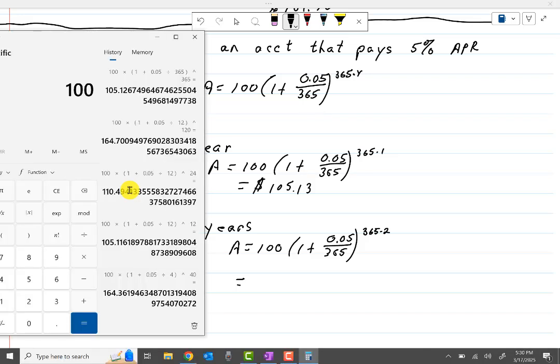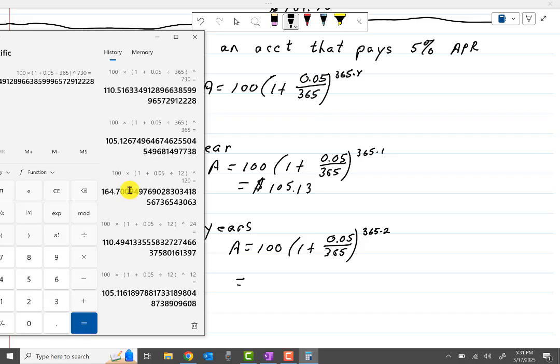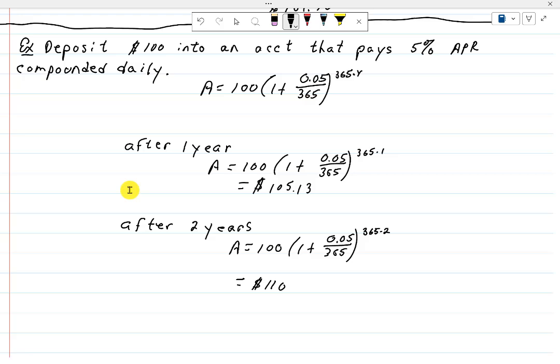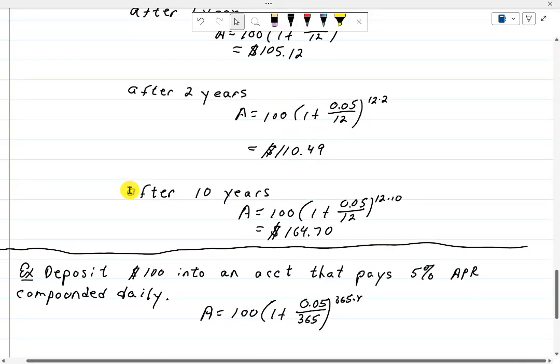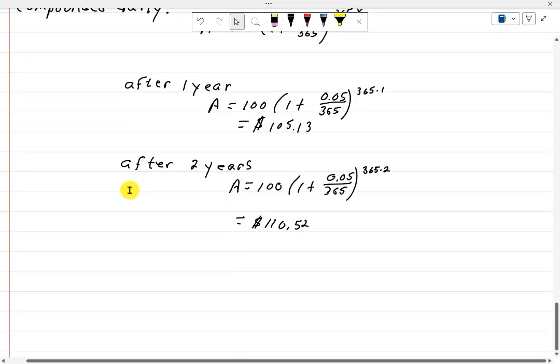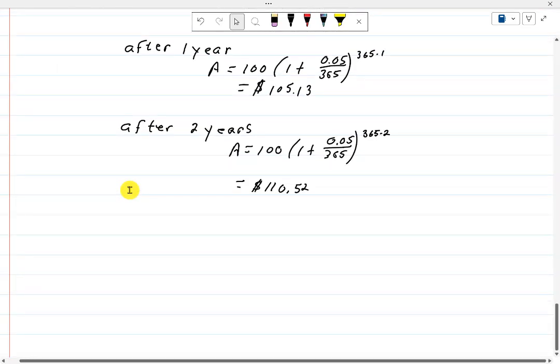So 100, start my parenthesis, 1 plus 0.05 divided by 365, finish the parenthesis, and now take that to the 730th power. And I get 110.52. How'd this compare to the last time? 3 more cents. And then after 10 years,